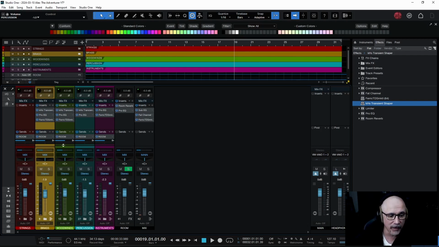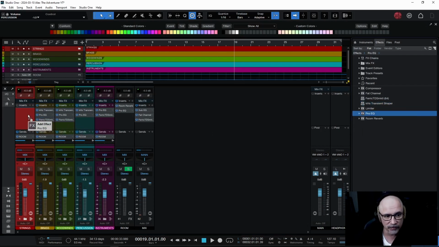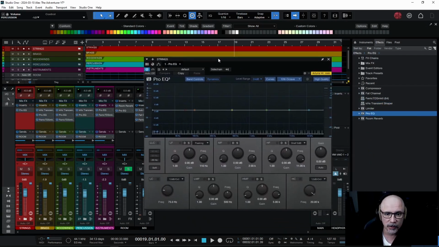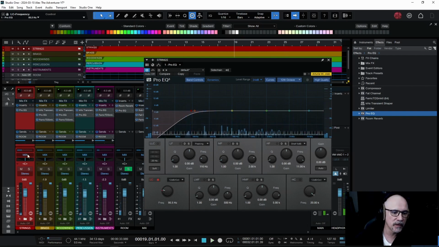Well, since we already did the brass, let's also do the strings, because it's clearly the least problematic of them all, and it should be easy to address. First move, remove the rumble. You should be tired already of this. A lot of rumble. But we don't want to lose those fundamentals from the basses, so